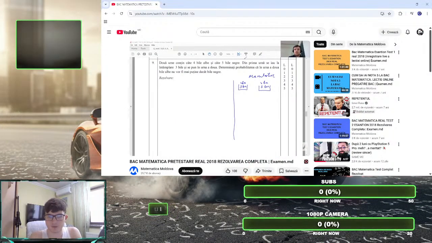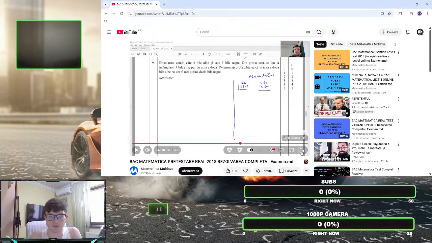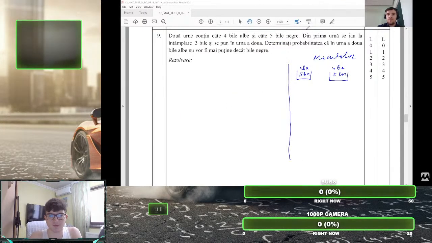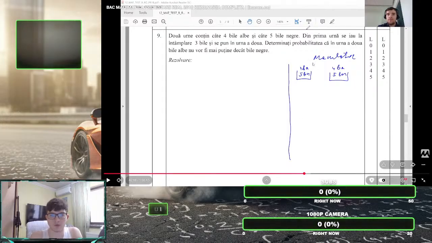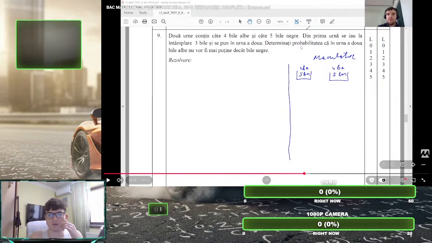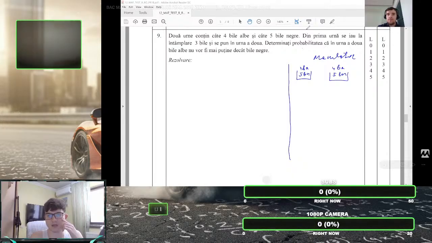Okay, so I think the people that got this condition are morons, because I thought in the first one there are 4 white balls and in the second one there are 5 black balls, but actually they contain the same amount of balls. So they both have 4 white balls and 5 black balls. So this is basically the condition,